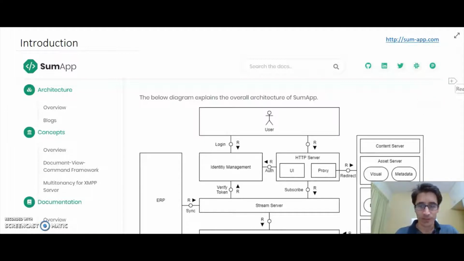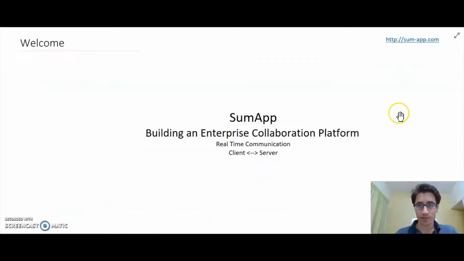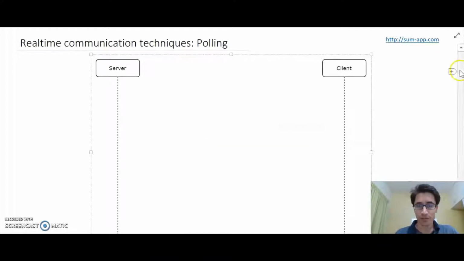So not taking much of your time, let me jump directly to the first part, talking about how to implement real-time communication between client and server. When I say client, I'm talking specifically about the user interface component of the client paradigm. So let's start with the various techniques that are prevalent today to implement such a communication technique. So let's start with the first one,